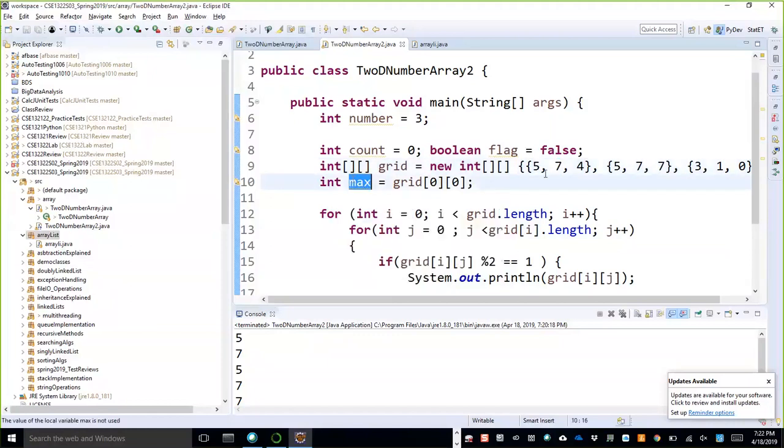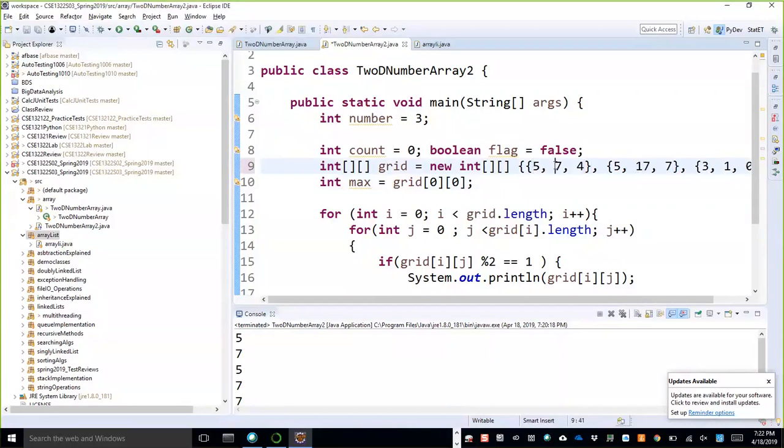It may happen that all of my subsequent elements are less than my first element. In that case, my first element is the max element, right? But it may happen that, for instance, here I have maybe 17. So then first element, I will check the second element.